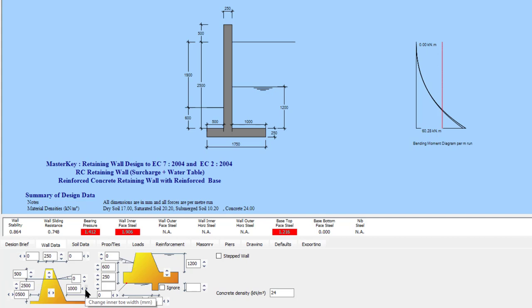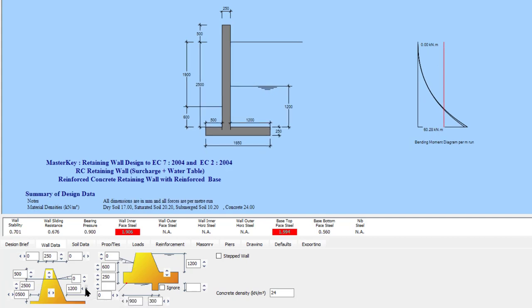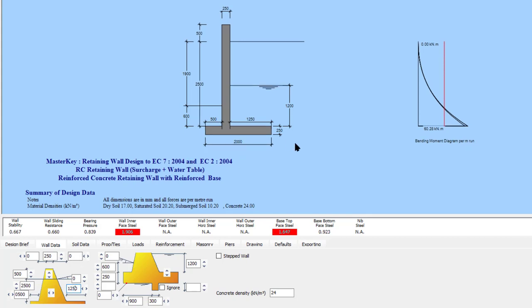So let's continue on with our wall and increase that, and I'm actually going to make it 1250, which gives us a 200 base. So stability wise, this is working. We can see our stability, our sliding, our bearing pressure. What we need to satisfy now is the inner steel on the wall and the base steel top, this flexural steel here. So let's go to reinforcement,